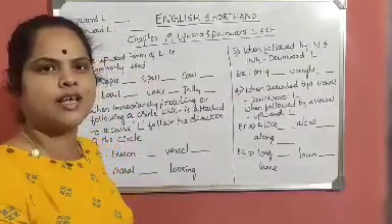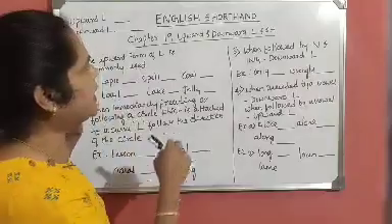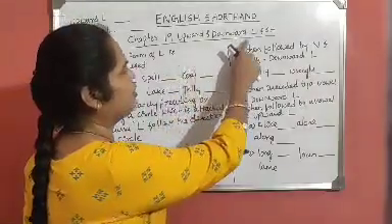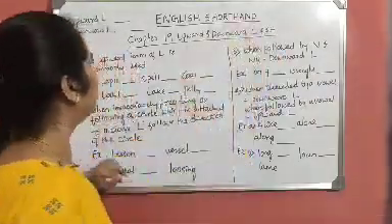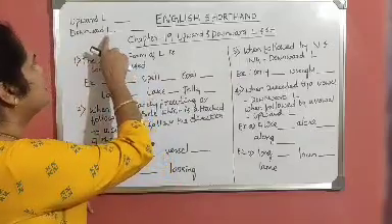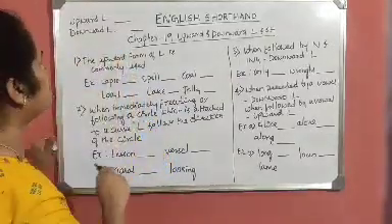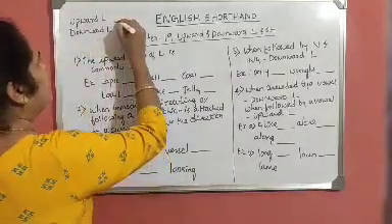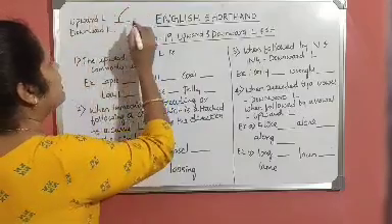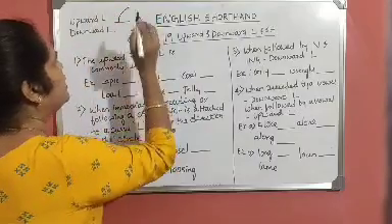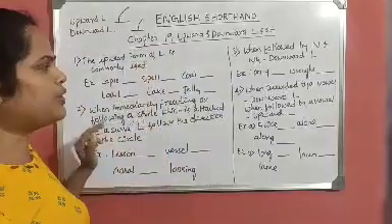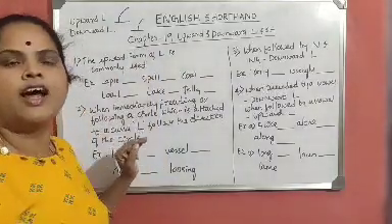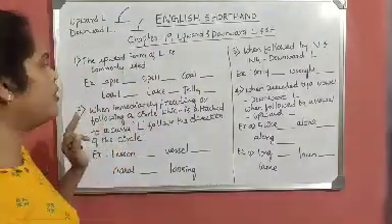Today we shall discuss chapter 19, upward and downward L. There are two forms of curve L. One is upward L, like this we have to write, and one is downward L. Now we will see when to use the upward form of L and when to use the downward form of L.